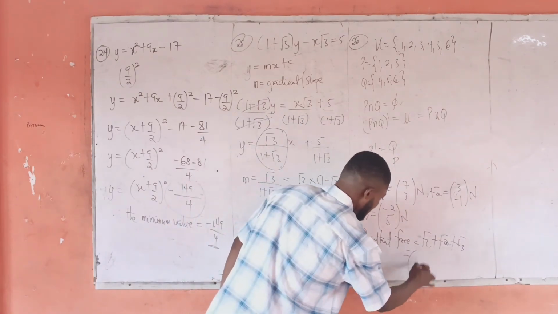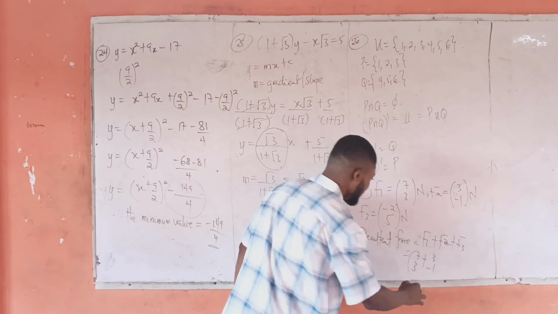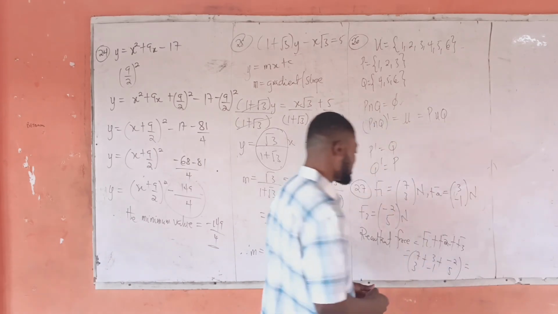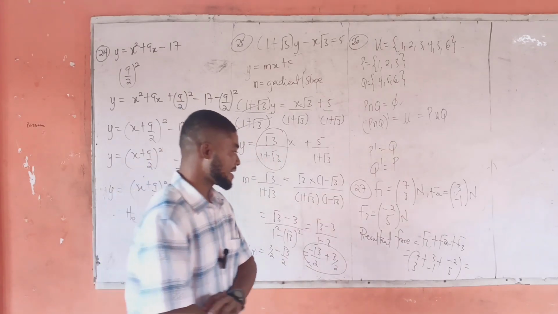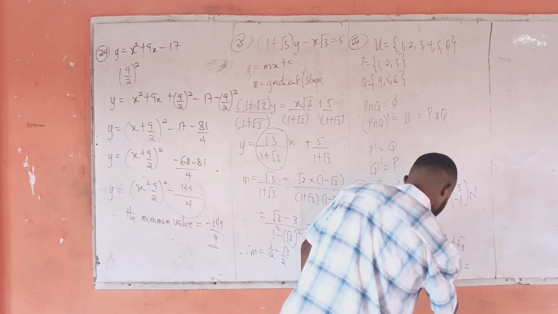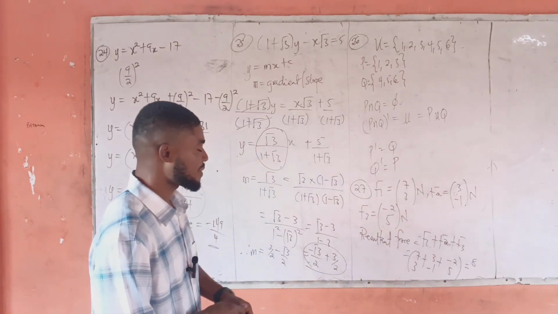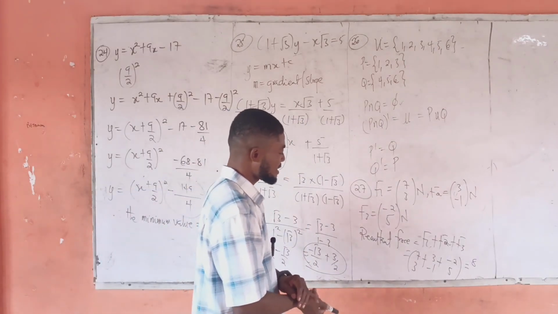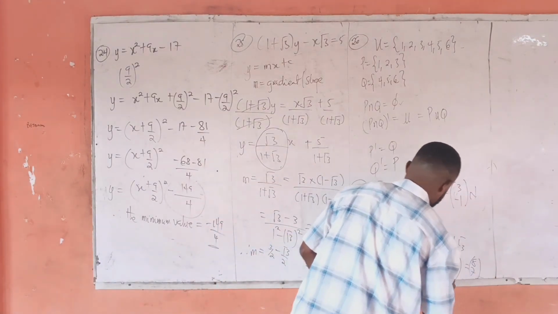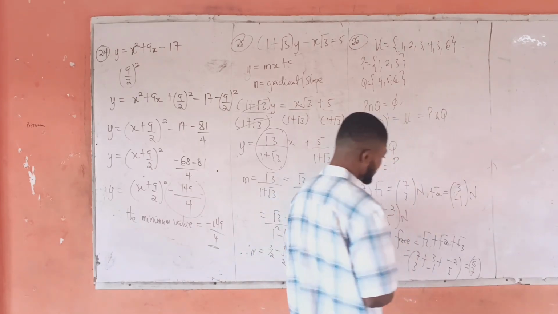F1 is 7, 3, F2 is 3, minus 1, F3 is minus 2, 5. 7 plus 3 is 10, 10 minus 2 is 8. And then 3 plus 3 minus 1, that should be 2, 2 plus 7. So we have 8, 7 as the resultant vector, or the resultant force. Now,